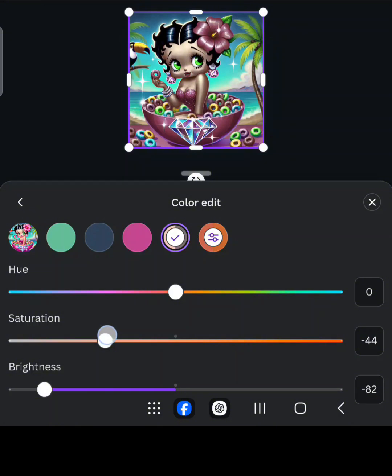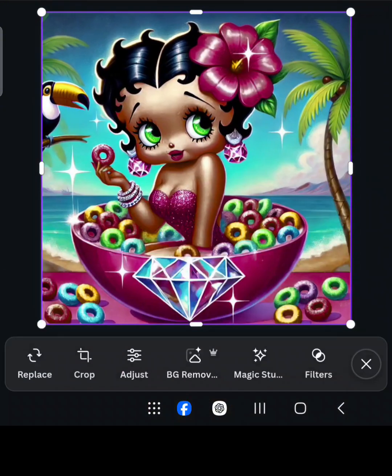for the saturation. I don't want it to go that way. You just put it in this direction. That way it still keeps some of the color, you know. And you can make it darker. Go back that way. But it kind of put a little bit of color into her tone. If you wanted it to be even darker, you may have to, I'm going to try this because I've never